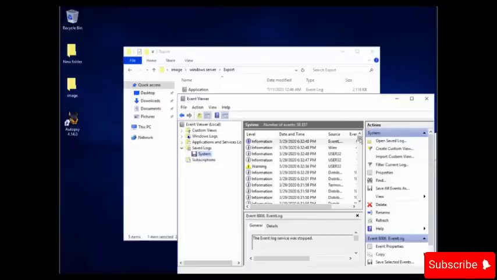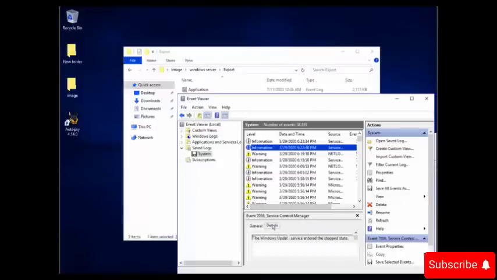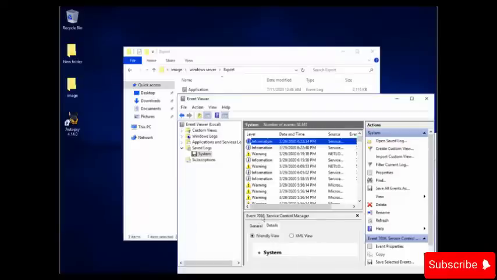Now scroll down and look for the date and time when you received the alert. Now here, look at this particular event. Okay, here you can read the details. It says the Windows Update Service entered the stopped state. You can also go to details, and if you read the log just above it, this one, and go to general, you can see it says the Windows Firewall Service entered the stopped state.